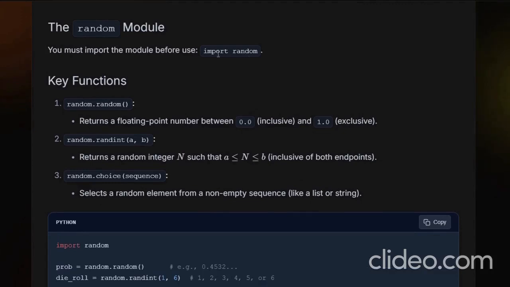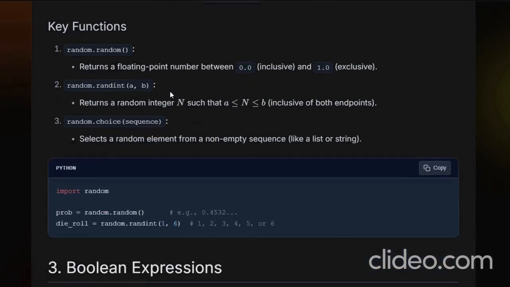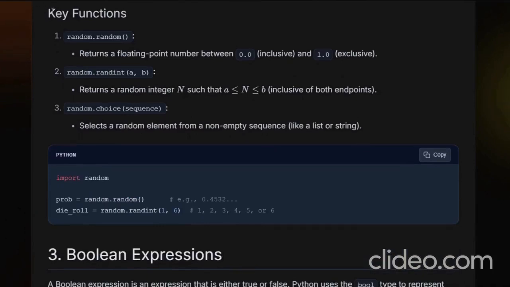The first one is random.random(). What is the purpose of this function? It returns a floating point number between 0.0 inclusive, meaning including, and 1.0 exclusive, meaning it will not include 1.0, so it gives any number from 0 to 1,